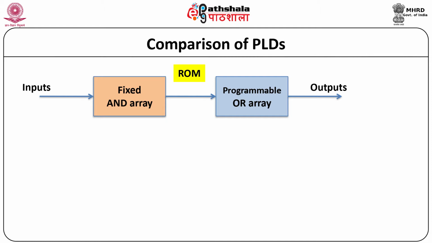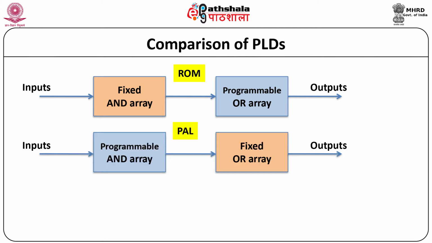This indicates the OR gate generates the final output. Each output contains the sum of selected product terms. The product terms can be selected as per the user requirement. The programmable array logic has two basic building blocks, that is, an array of AND gates and an array of OR gates.